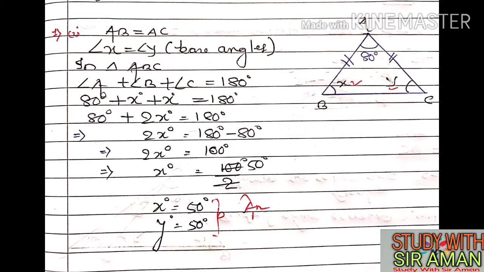By your common sense also you can solve this question. If one angle is 80 and other two angles are equal in a triangle, without solving this you can tell me the answer, because total sum of all the three angles are 180 degree. So one angle is 80, so other will be 50 and 50, then 180 will come. So like that also you have to think. Okay,